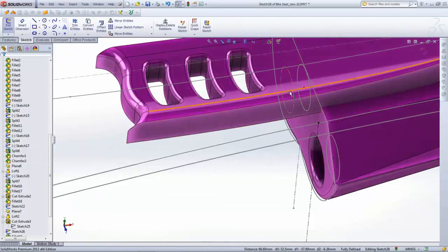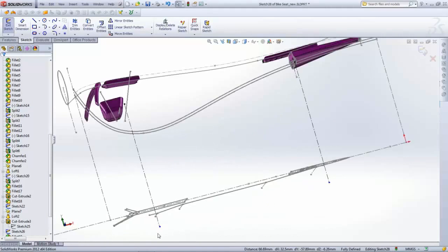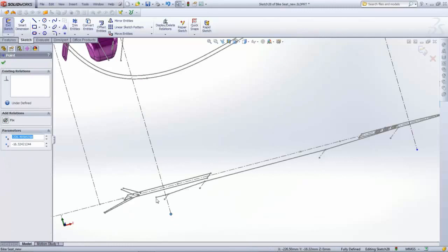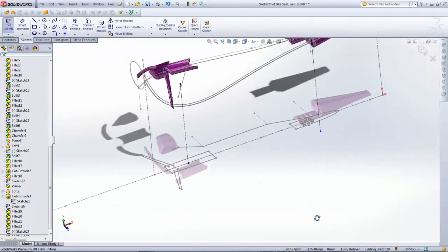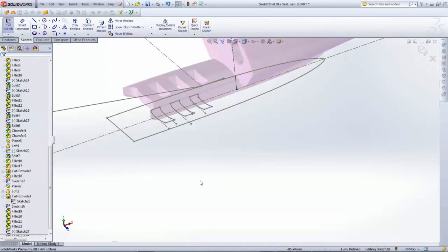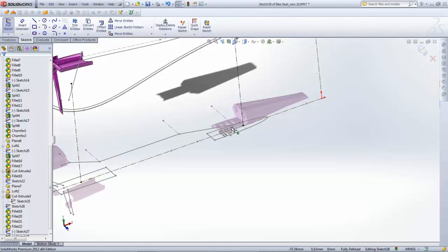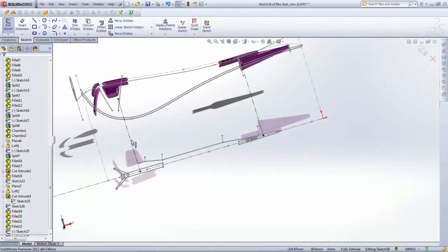Make sure though that you're not selecting your guide point and you're selecting the point of the actual curve that's extruded into this, not this curve. Don't select this curve or any point on that curve or it won't work, okay? But if you look at it, it should be lined up here, so I'm also going to select this point and this one and say coincident. And I'm going to do that again, this point and this one and say coincident. So if these are vertical and these go coincident here, and they go coincident up there, then you know that you've drawn your